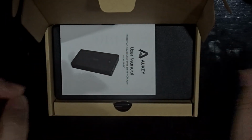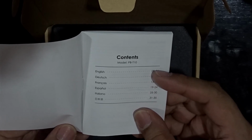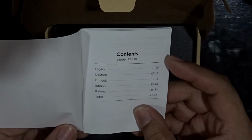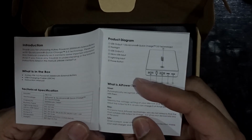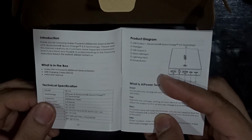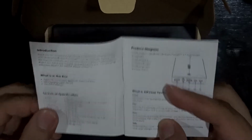Ayun, tapos meron siyang user manual. Okay, so basahin natin. The user manual is in 6 different languages, which are English, Deutsch or German, French, Spanish, Italian, and Japanese. So, sabi dito, what's in the box? The power bank itself, Aukey PB-T10 Powerall 20,000 mAh external battery, a USB charging cable 20 centimeters, and this particular